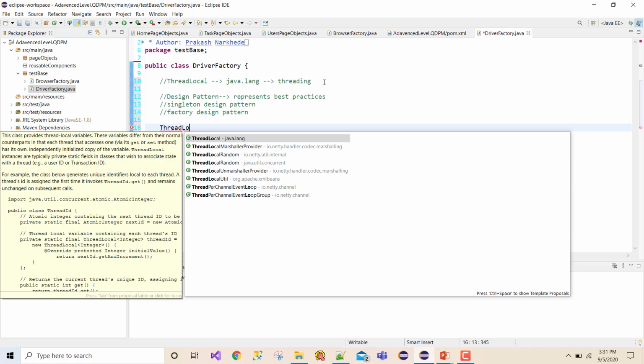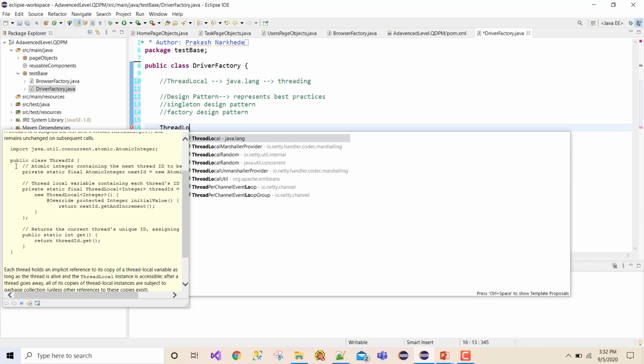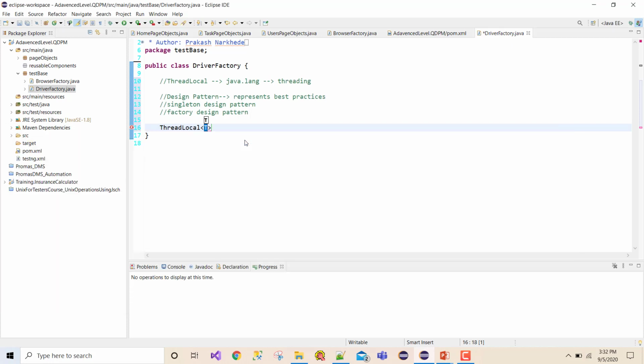ThreadLocal is a class which belongs to the java.lang package, and you see the Javadoc reference over here. They have given what we need to do for creating a thread local, so I can copy this particular stuff from here itself. I need to pass what type of ThreadLocal it is.